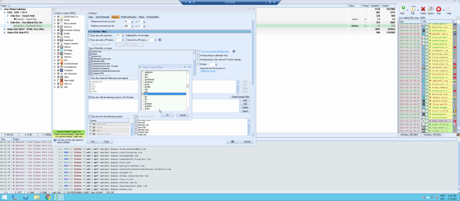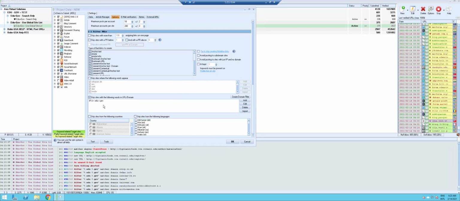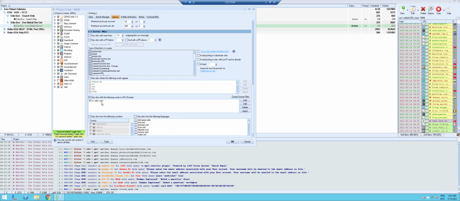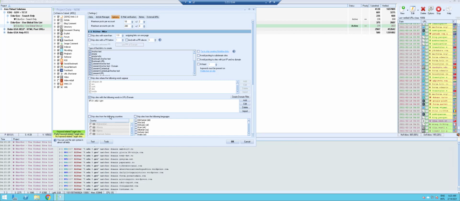So we select those two, so we say all the links that we are going to use to build links must have this in. We click OK, and now you see it added there. This says must have domain filter, must have edu and gov. It just automatically adds this here. Okay, and we're done. That's it. Now